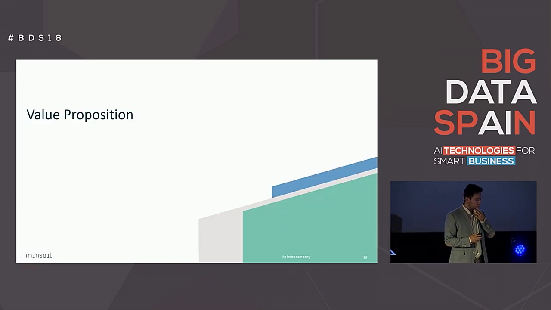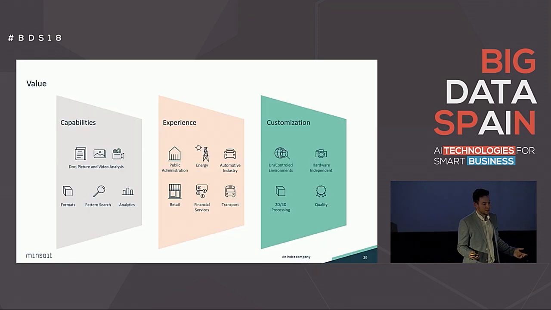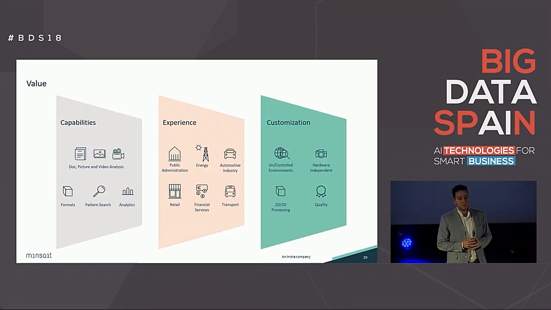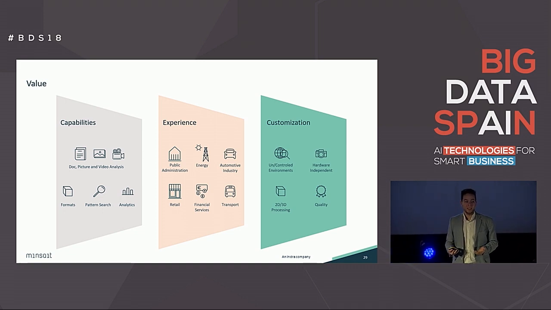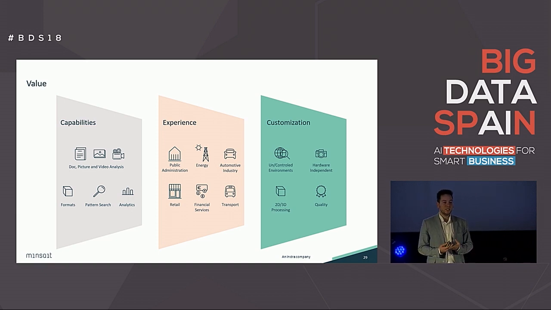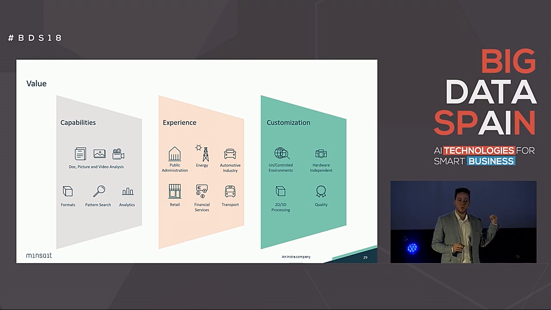So for us at Minsight, what we think we do really, really nice is recognize objects in the image, to analyze that image. And we do so because we have the capabilities. We learned how to do that many years ago, because we started with documents, but nowadays we are able to do two-dimensional and three-dimensional analysis to recognize any kind of pattern. So even if we expose some projects here,